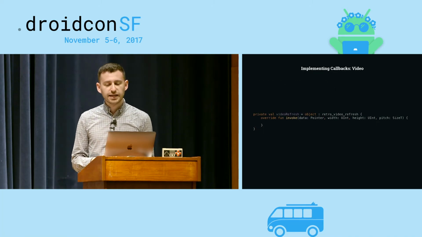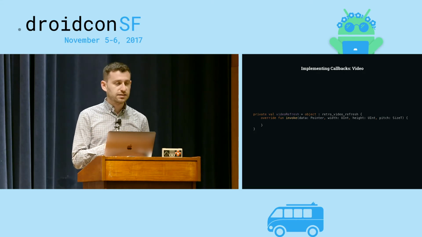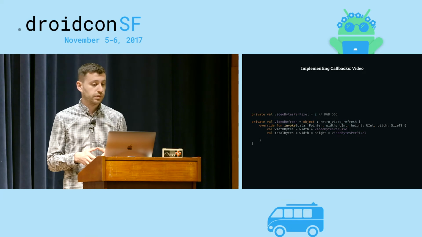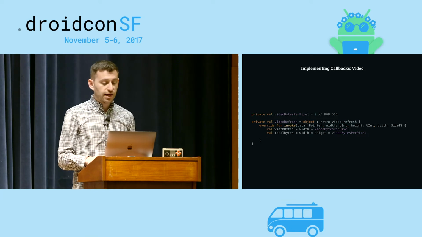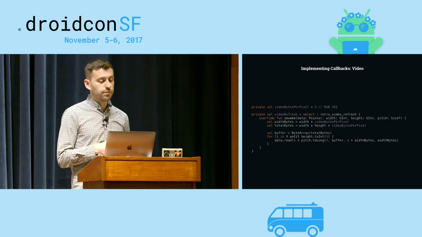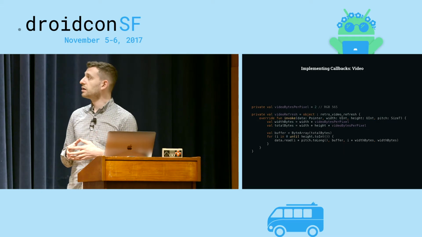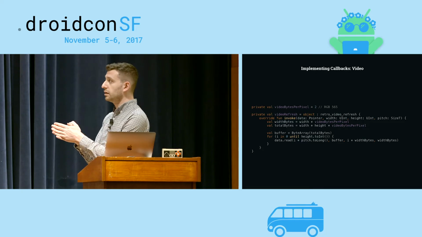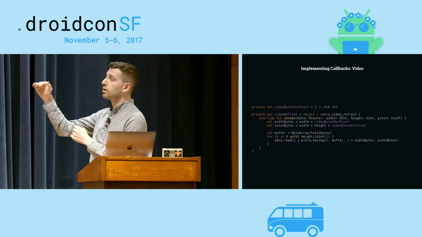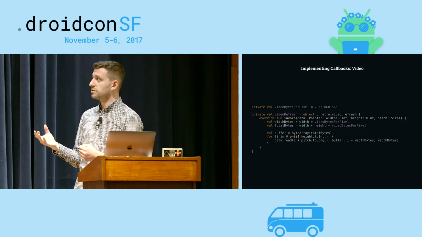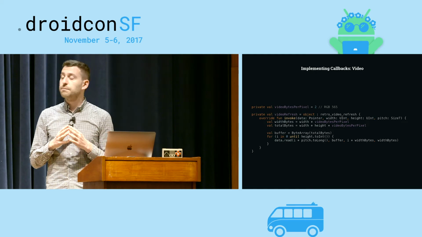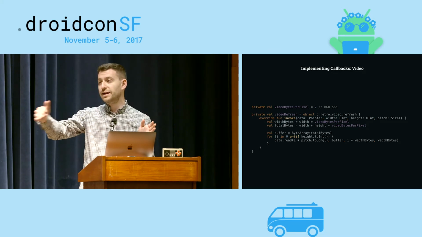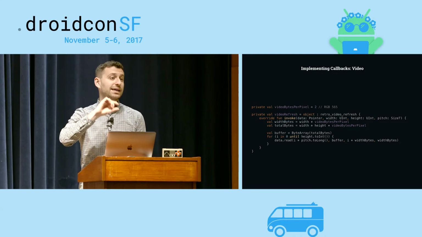The video callback is a little bit more complicated, but basically the same idea. Once again, we're going to calculate how many bytes we need to read, and then we're going to read the data into a buffer. Now, you'll notice here that I'm creating a buffer myself and then using pointer.read to read the information row by row into the buffer. The reason for this is that the video data is not contiguous in memory. So if you read from the start to the very end, you actually get a bunch of blank black pixels